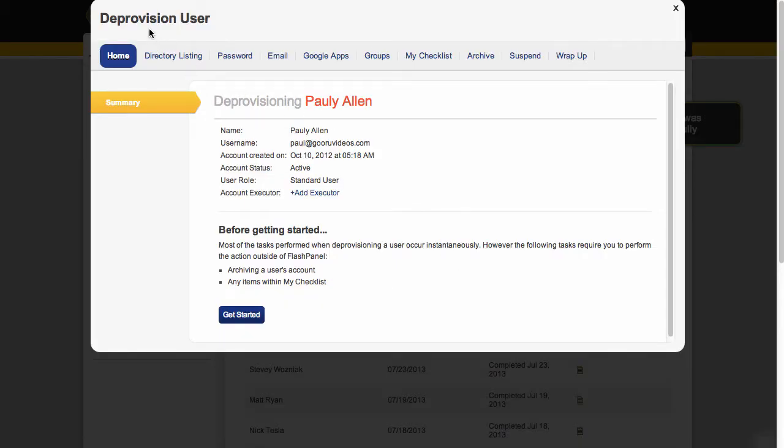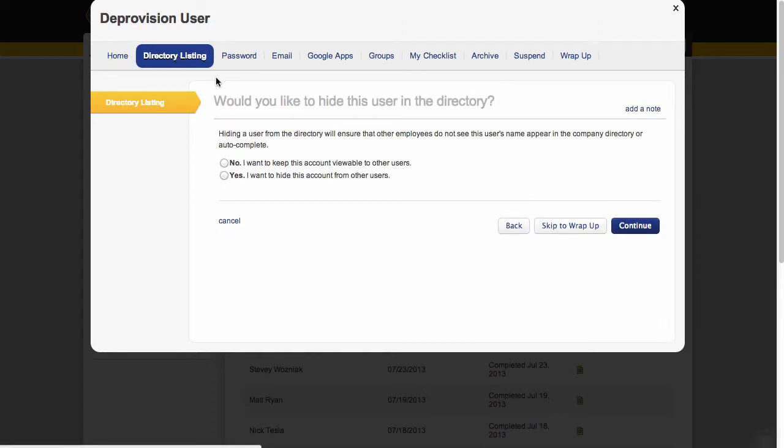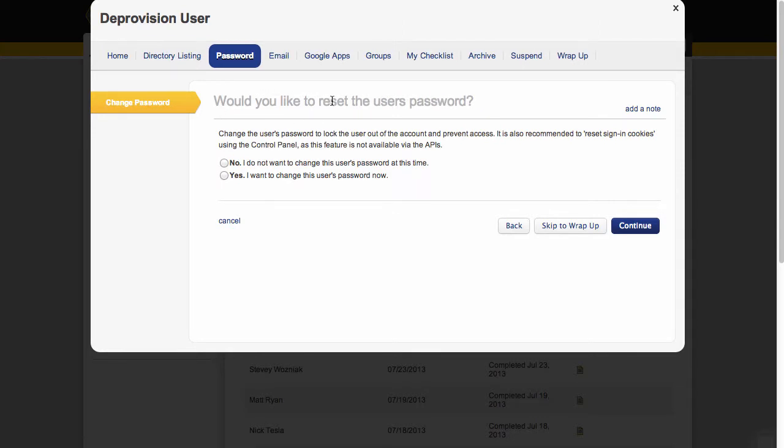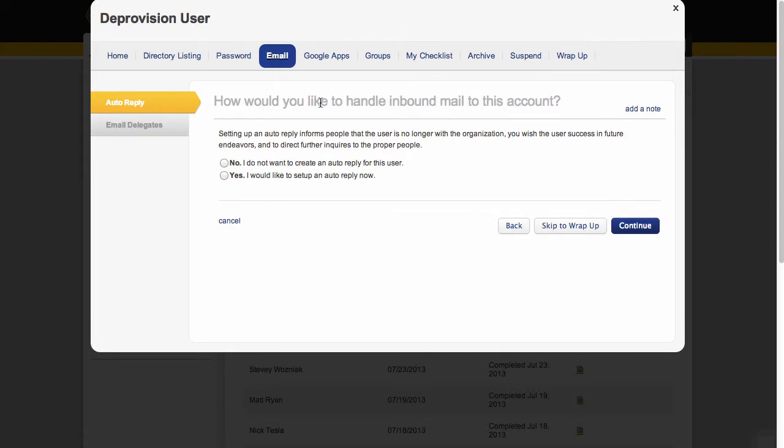So this will pull up a workflow, as we can see here, and as we click through, we can kind of see all the different things that we have access to from this. So we can choose to hide the user in the directory from here. We can have their password reset from here. We can choose how we want to handle their inbox,